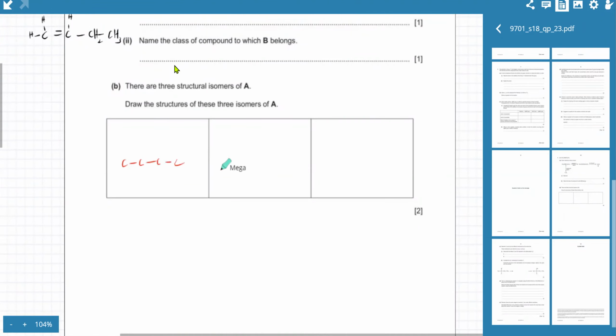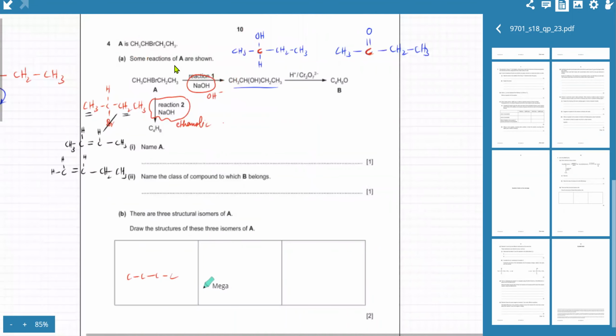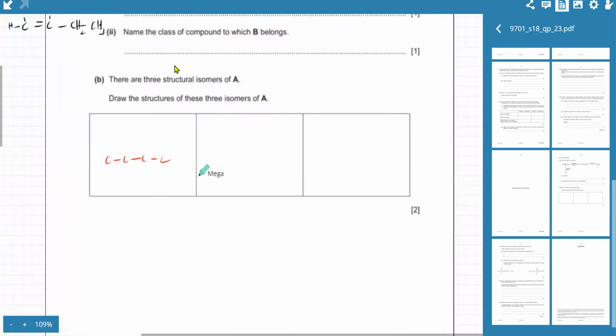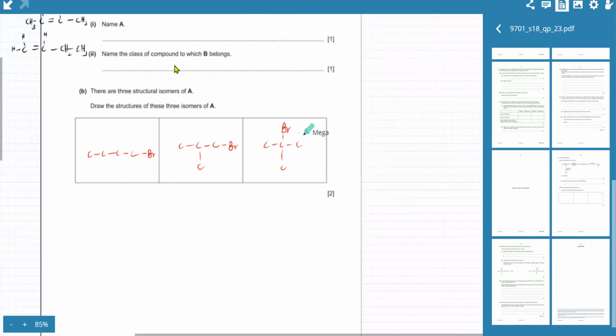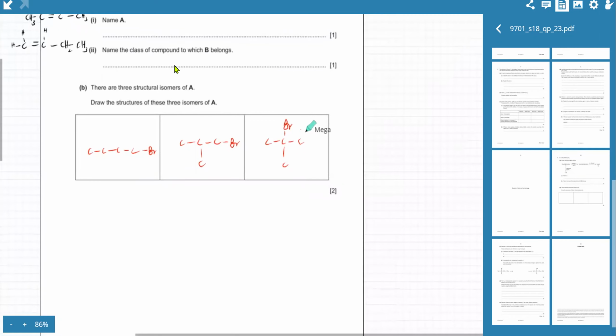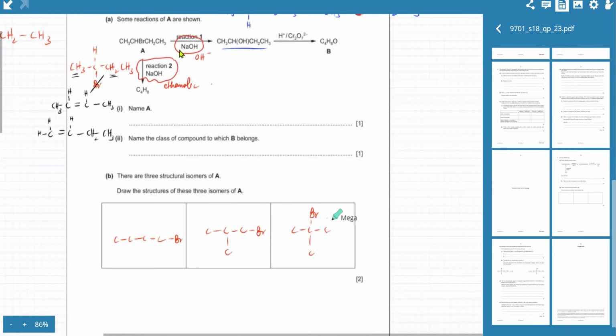You basically have four carbon atoms and there's a bromine. Now they've drawn bromine on the second carbon atom. We can draw a bromine on the carbon at the end. That's one option. Or we can have the carbon atoms branched, and we can have bromine on the carbon at the end, or we can have bromine on the carbon in the middle, and you can add in the hydrogen. So these are the three possible isomers for A for the compound that's given over here.